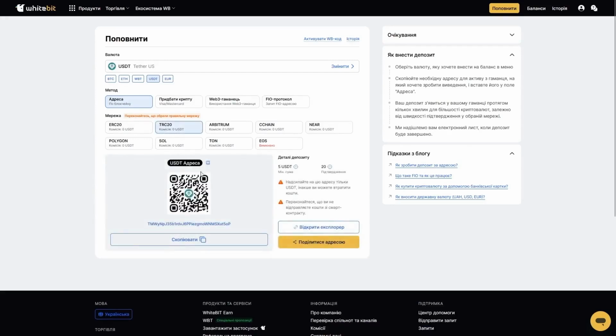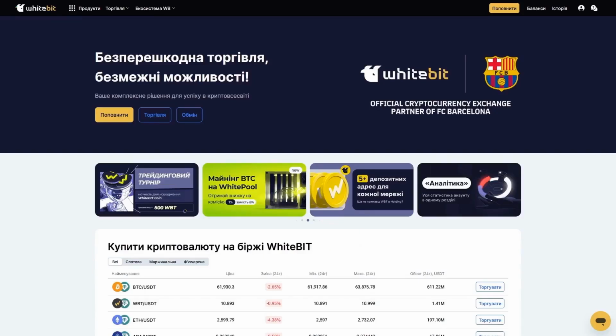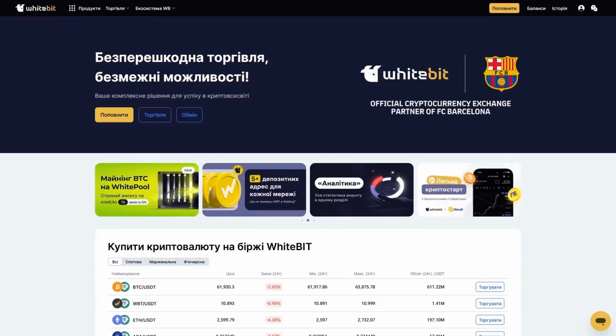After selecting the network, the correct address will appear below, to which you can transfer the assets. After confirming the transfer, the assets will be credited to your exchange balance. After a while, the transfer time depends on the load and capacity of the network you are using for the transfer. If you have cryptocurrency on your exchange balance that you want to withdraw, then click the Balances button and